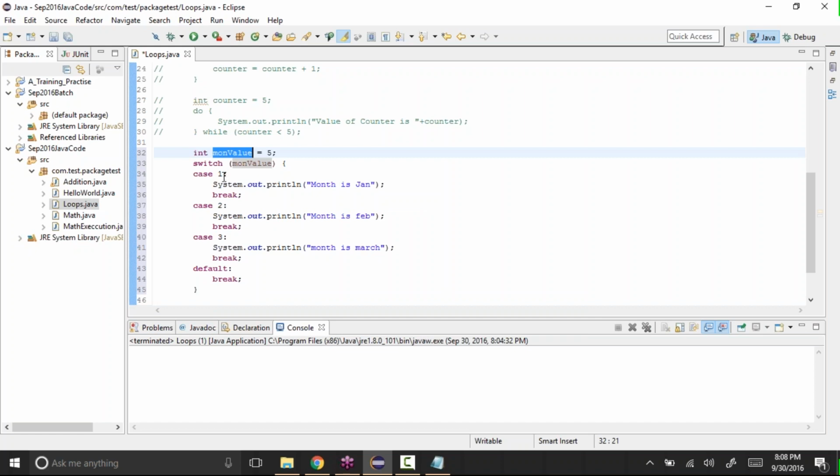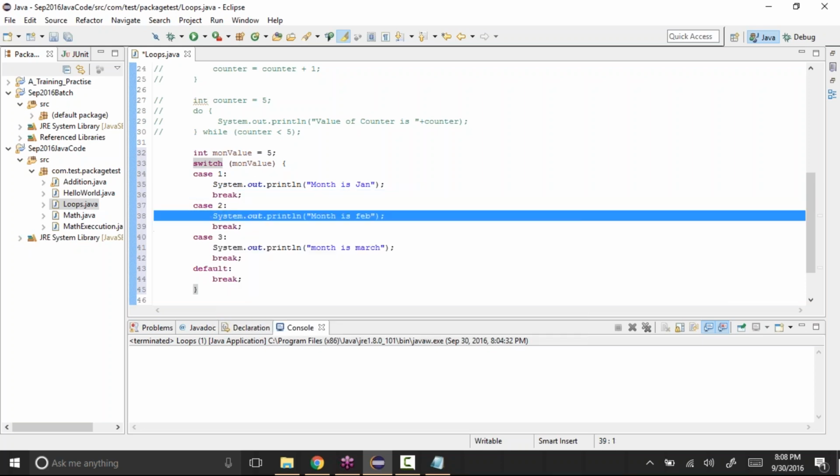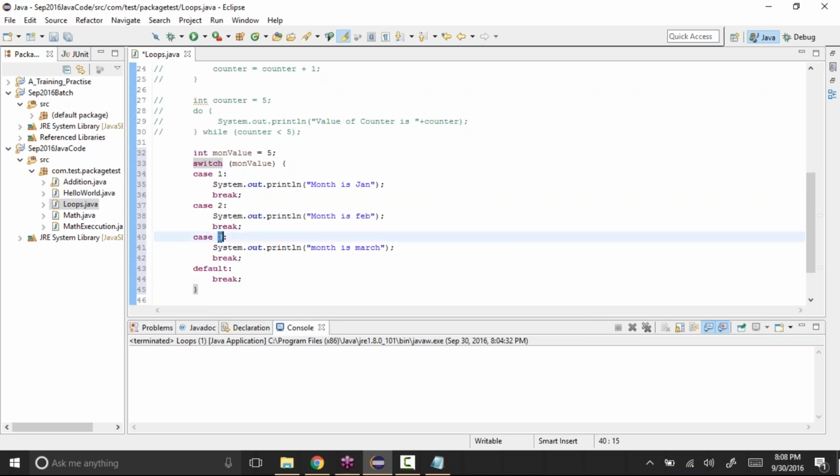If it matches, then it will execute whatever code is present in that case. Once you say break, it will come out of that loop. If it doesn't match the first one, it will check the second one. If it doesn't match the second, it goes to the third. In case it doesn't match any of the cases, then it will go to the default one.